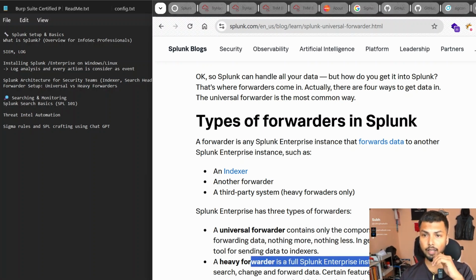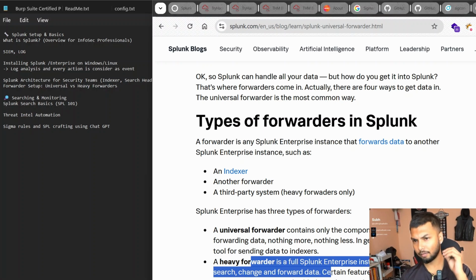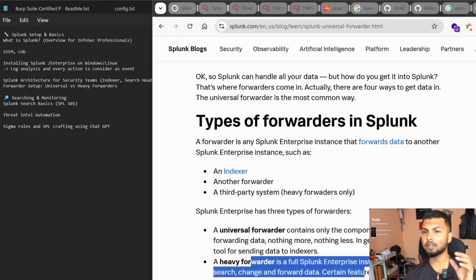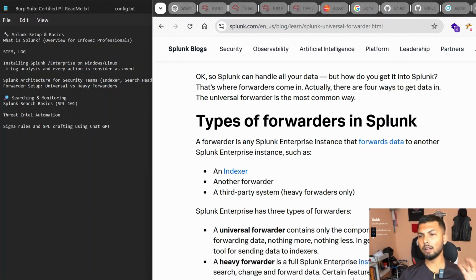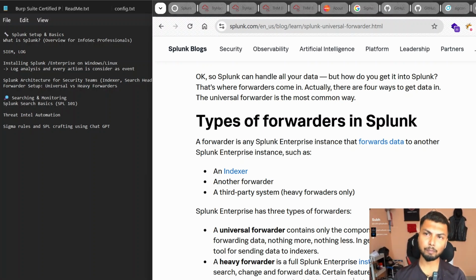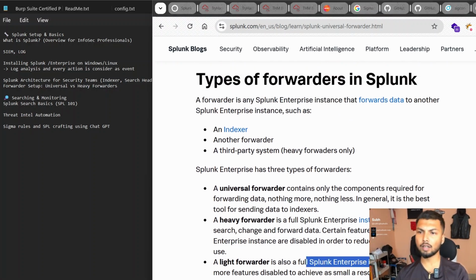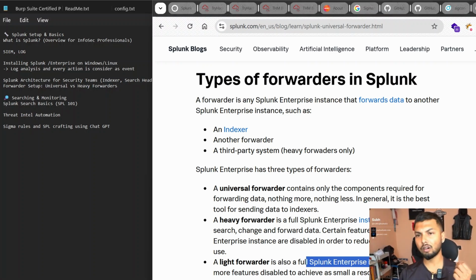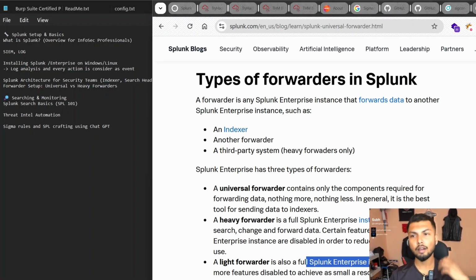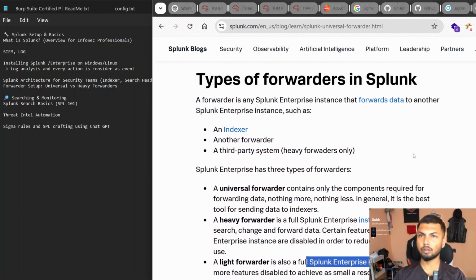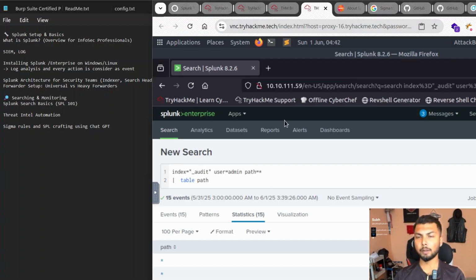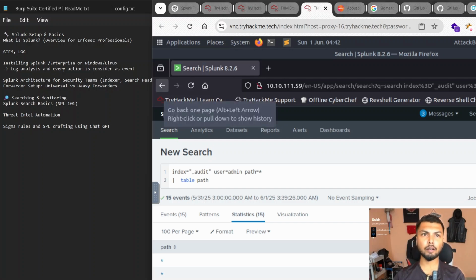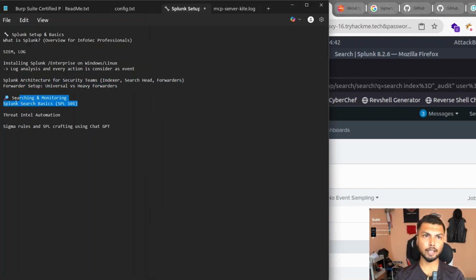The heavy forwarder contains index, search, forward data, and certain features which can be disabled or enabled to reduce system resources. And the light forwarder already has a sort of template where the main event fields or logs are sent to Splunk or a third party. So these are the basic forwarders of Splunk, and we have understood Splunk,